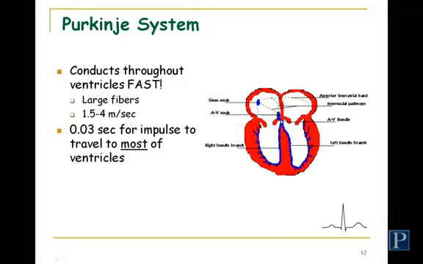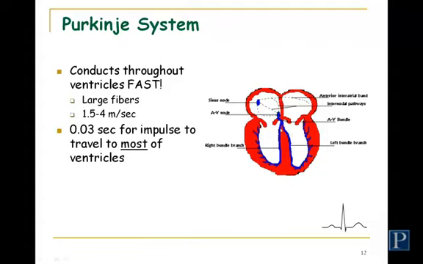The electrical activity is going to go through the bundle of His. Now watch how it goes down. These Purkinje fibers are going to transmit this electrical impulse very, very quickly, up to 4 meters per second. They're very large fibers. What happens is it's going to come down through the bundle of His. You look on this side, this is what's called the right bundle branch, because it's on the right side of the heart. This here is the left bundle branch. They are big bundles of Purkinje fibers.